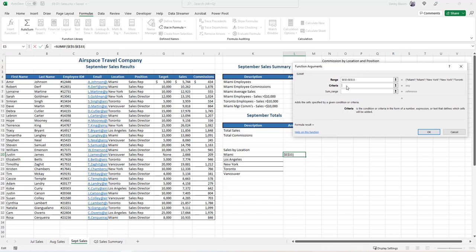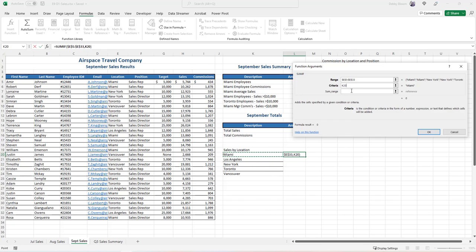Now for the criteria, instead of typing the word Miami, I'm going to click on cell K20, Miami. So notice now I get the criteria Miami in quotation marks. So now when I copy it down, it will also do the sales for Los Angeles, Toronto, New York, and